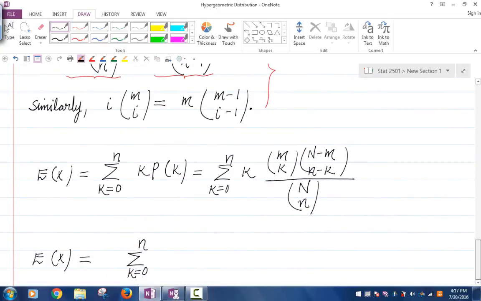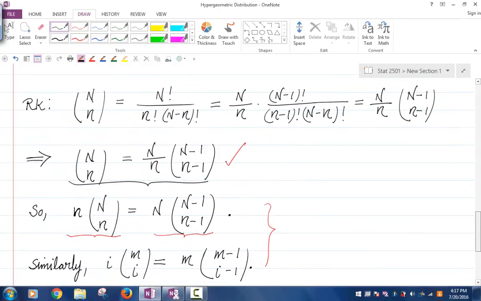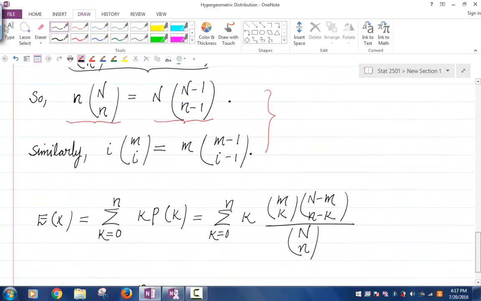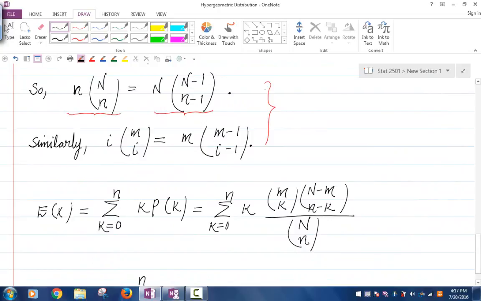Basically we're going to use these two identities here, for m choose k and for cap N choose n. So if we do that,